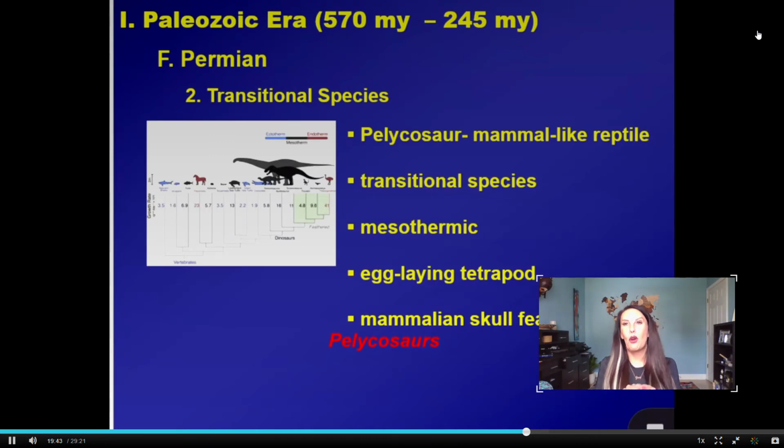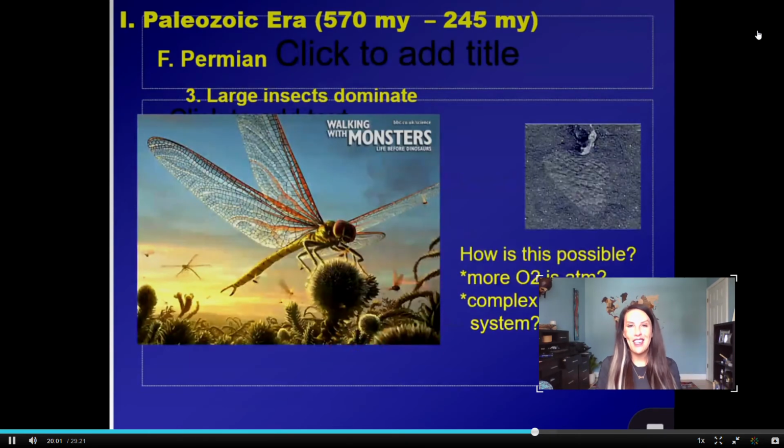So in the Permian, we are truly invading the land space. We're going to start to see adaptive radiation with these different types of reptilian species. But one thing we haven't talked about yet is what's happening in the air. And so in the Permian record, we see